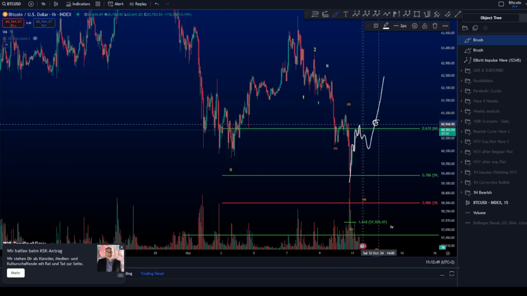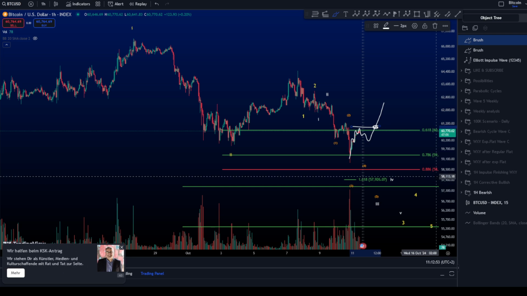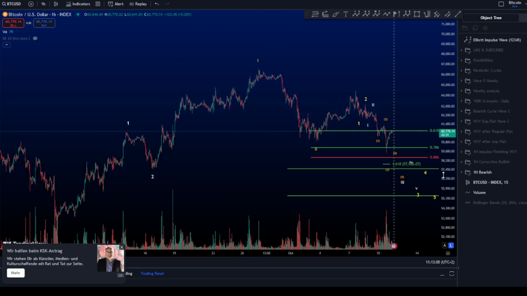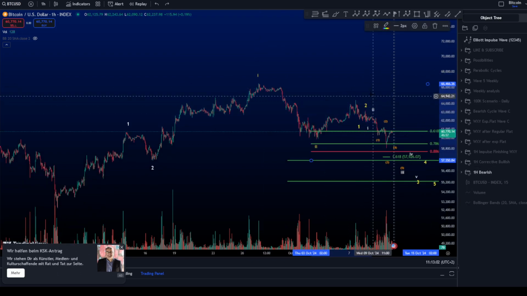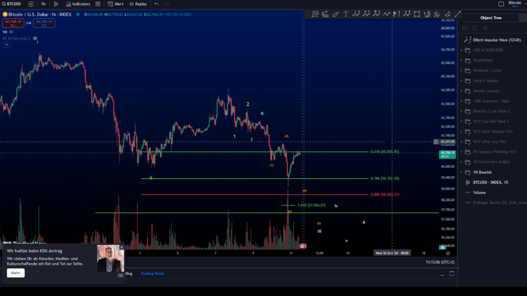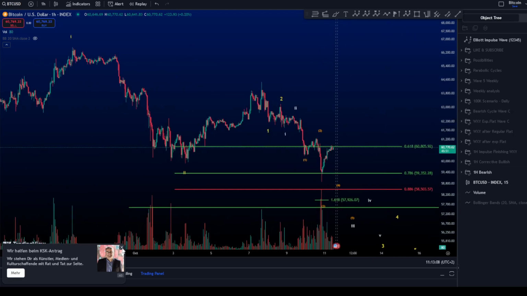And of course this is your entry point, guys, where you want to of course enter your big scenario for a wave 5 towards the upside with a double 1-2, right? So this should start, of course, our wave 3. Unfortunately, one thing is not